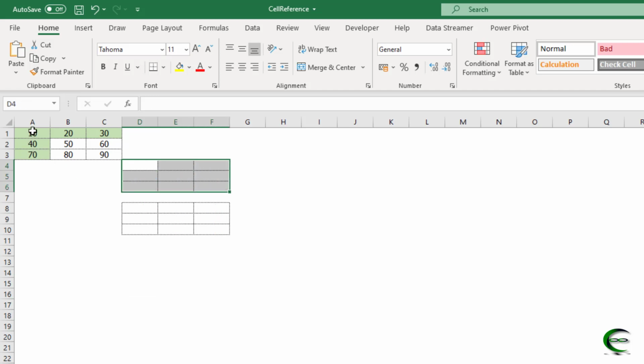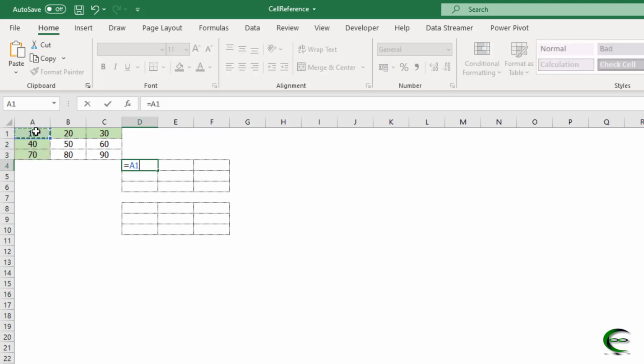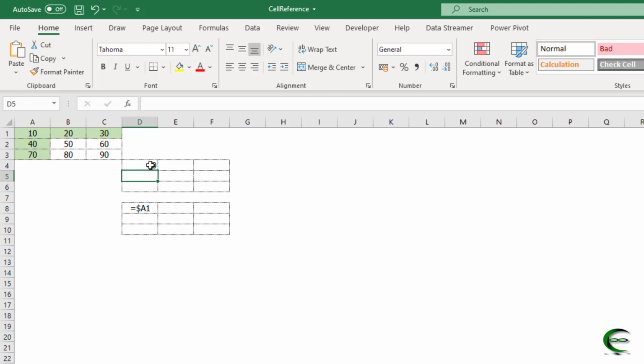Suppose we need to pick a value from the first column only. Again I am applying the formula by selecting the cell. It is relative. To make it a mixed reference, that is absolute column and relative row, let me put $A1. Now if I drag it horizontally, it will always select column A, picking always the column 1 value. This is changing the row reference A1, A2, A3, but the column reference is always the same. This is mixed reference, absolute column and relative row.